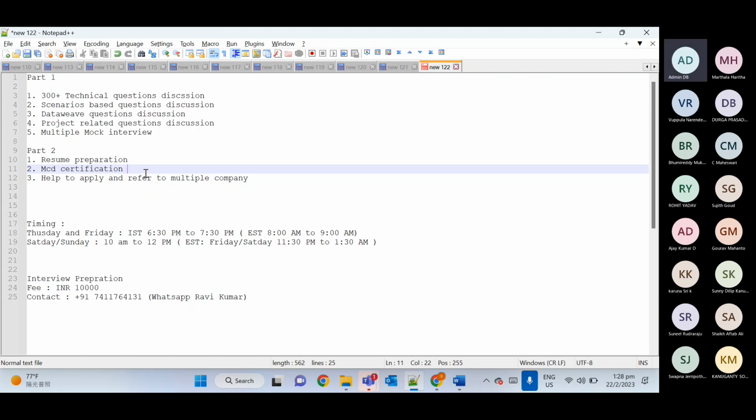That also will not be very difficult if you go through the concepts properly first, and then whatever practice questions MuleSoft has given on their website, and many questions available on the internet. If you follow all those, I don't think it will take much time to clear. So we'll work on that part also.